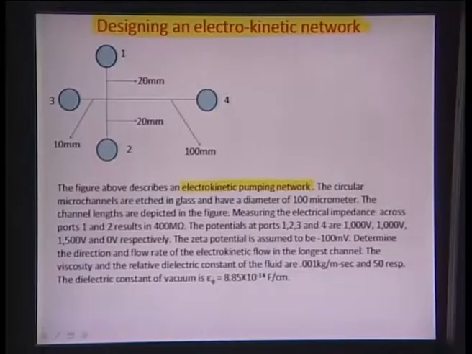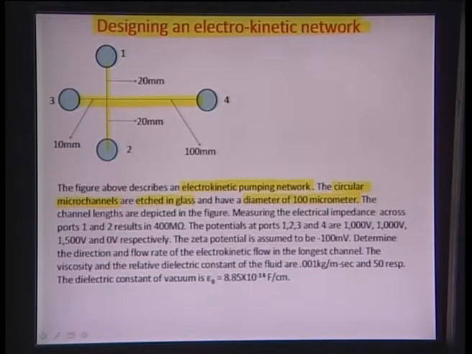So, the dimensions given are that the microchannels are circular in nature, they are etched in glass of course, so there will be a SiO minus layer, and they have a diameter of about 100 micrometers. So, this here and this right here are the two channels, right,